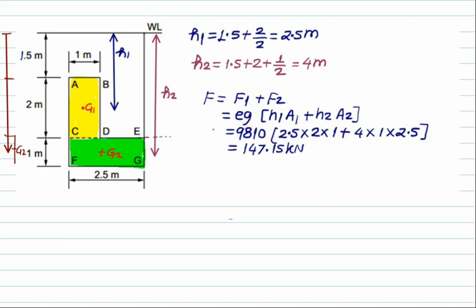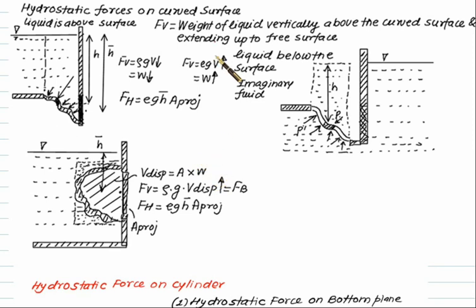Now we want to calculate the hydrostatic force on a curved surface. Whenever we have a curved surface, you have to compute two forces. One is the horizontal component and one is the vertical component. Let's assume here that we have a gate here. So this one is the gate here, and this one is the side wall. And let's assume here we have a column equal to h. Now consider here only this surface. So if I consider here this surface, any irregular shape we can take. In that case, if I want to show, the pressure is acting perpendicular to it. So this one is the resultant hydrostatic force.